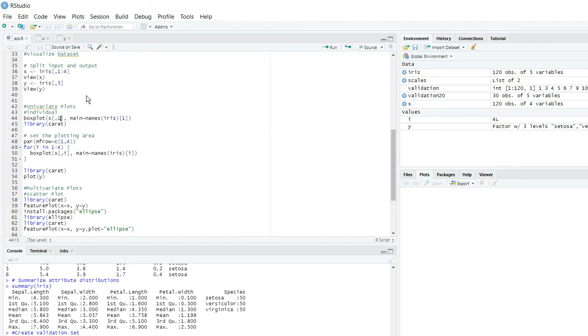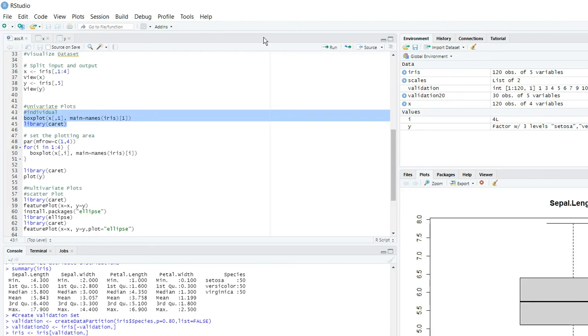So name is iris[1]. From this data set, the first column is sepal length, so sepal length will be displayed. Why are we using box plots? Box plots are a measure of how well the data is distributed in a data set. So here, in the right bottom corner under the tab Plots, the box plot for sepal length, only the first attribute, is being displayed.